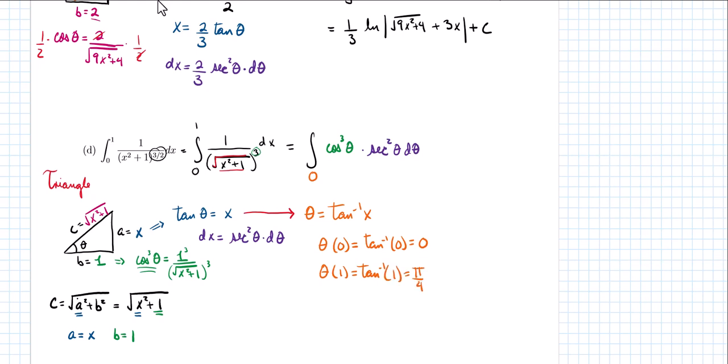over 4. So we're going to have the integral from 0 to pi over 4 of the cosine cubed of theta times the secant squared of theta. Now, since we know that secant squared is the same thing as 1 over cosine squared of theta, we can cancel 2 cosines in the denominator, leaving only 1 in the numerator. So now we have the integral from 0 to pi over 4 of cosine of theta, d